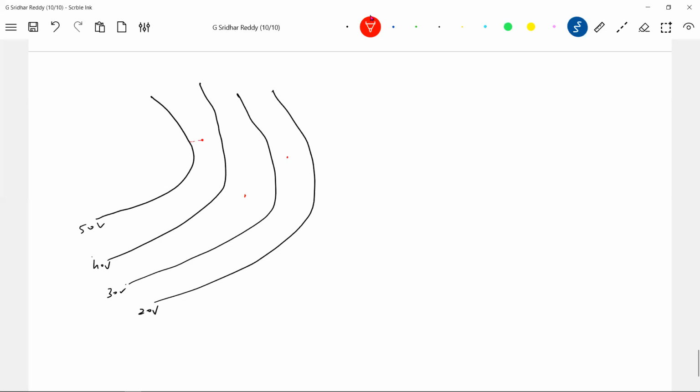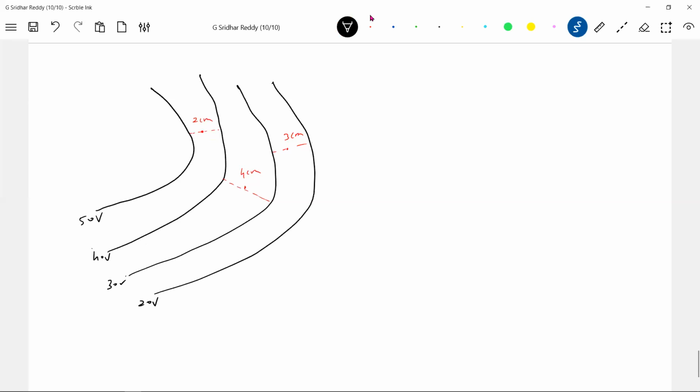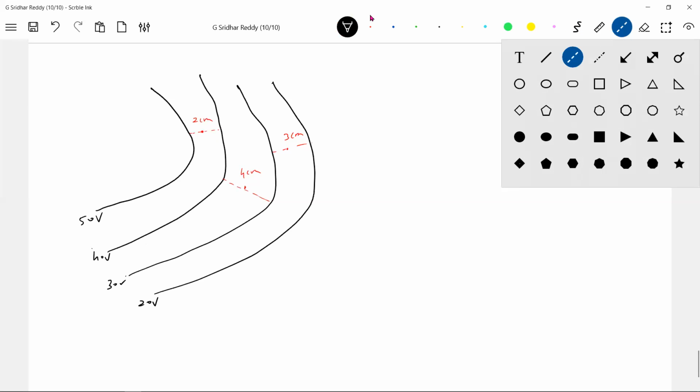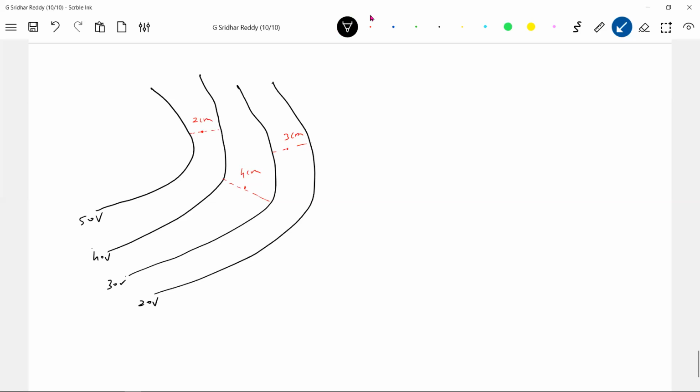The separation here is uniform, so this will be 2 centimeter. The separation here is 4 centimeter. The separation here is 3 centimeter. Now, can we say first about the electric field strength? What are these lines? They are the equipotential surfaces. If I give equipotential surfaces, can we roughly say what is the direction of the electric field, and how much field strength at a given point? How should the electric field vector be directed? It should always be directed perpendicular to equipotential surfaces.